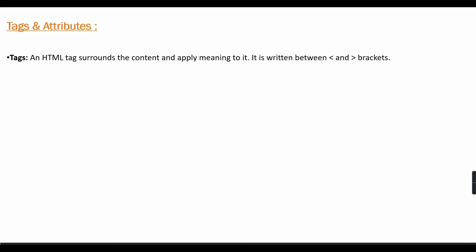So what are tags in HTML? An HTML tag surrounds the content and applies meaning to it. It is written between these brackets. Every tag which gets opened in HTML should also be closed. So what is the syntax of the tag? The syntax of a tag is as follows: we need to write the tag name, we need to give the content for that tag, and we need